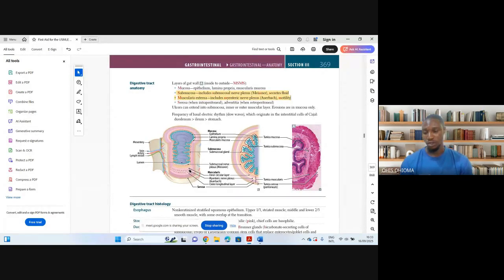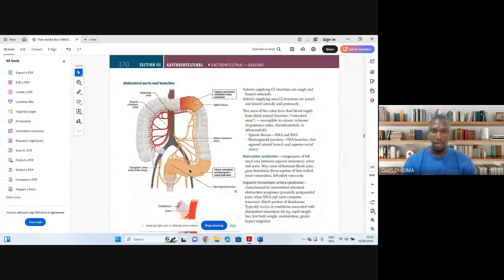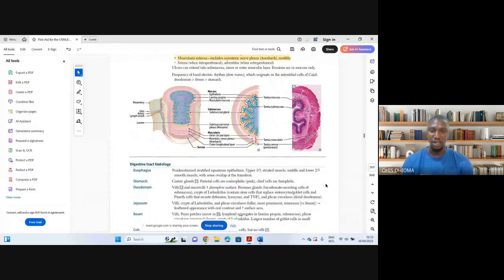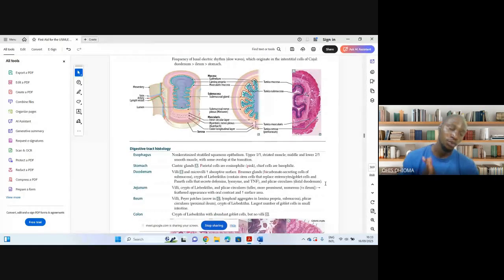The next thing we need to know is the histology of the GI tract. This is something that we have to talk about, and it's also very high yield, right? Every layer of the GI tract has certain cells that we're supposed to know. The esophagus is a place that is exposed to food boluses. So when you swallow food, both solid and liquid passes through the esophagus, and hence a tougher epithelium needs to line that esophagus. And the best epithelium for surfaces that have a lot of movement, a lot of friction, is